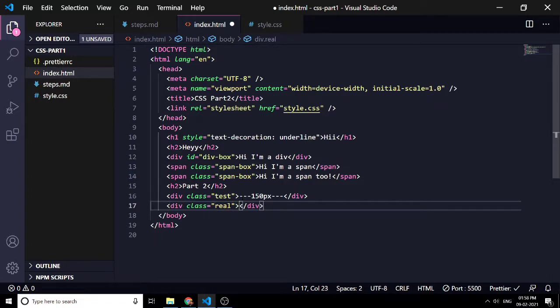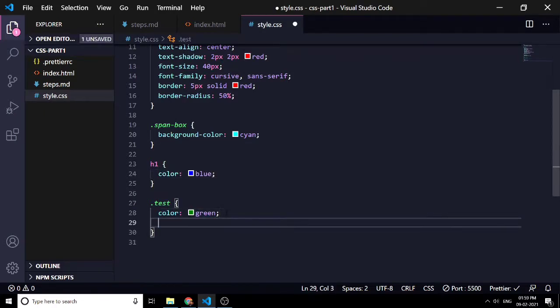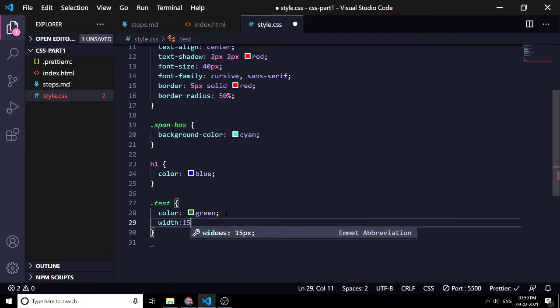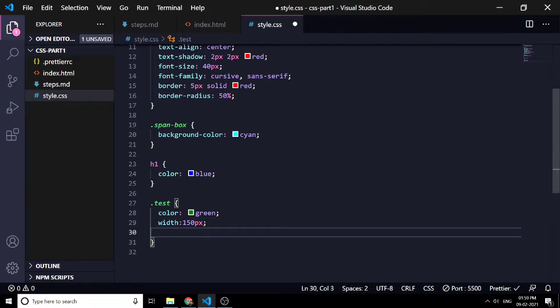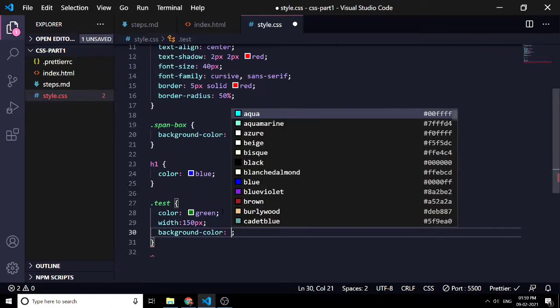So give it a content like content. So let's firstly give our test one a color of green, a width of 150 pixels as we said, and a background color of red.